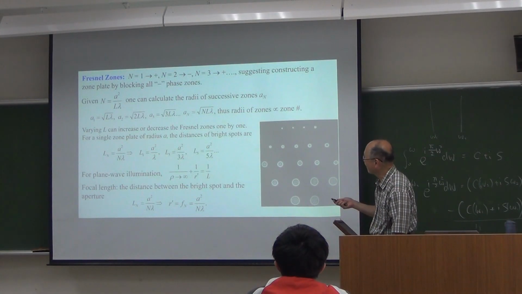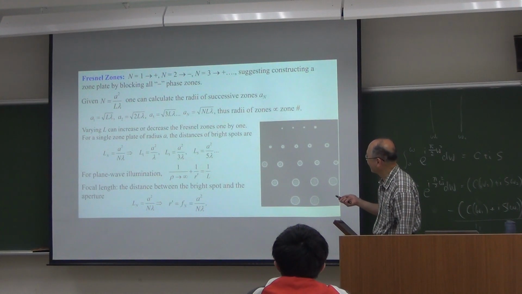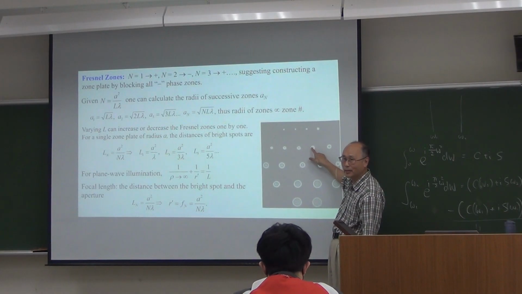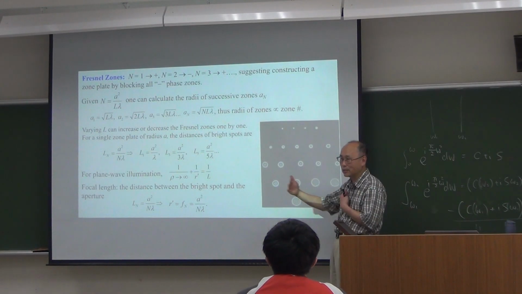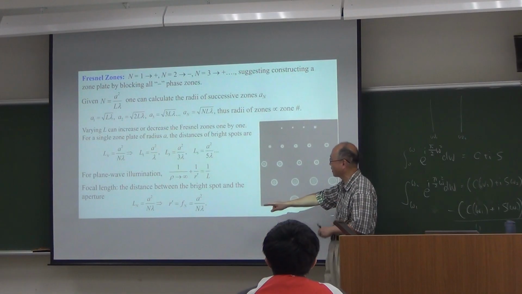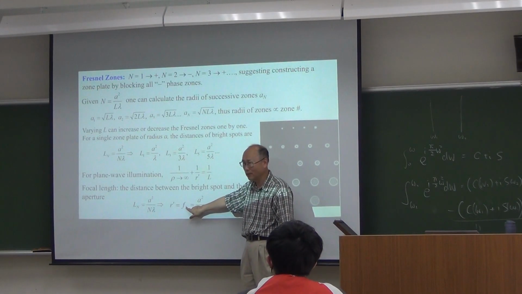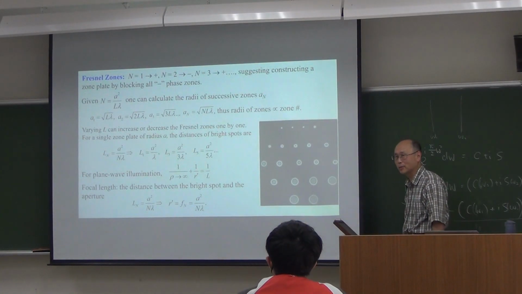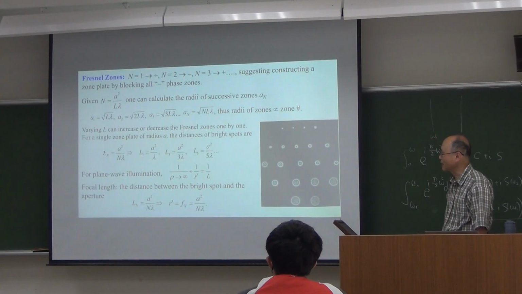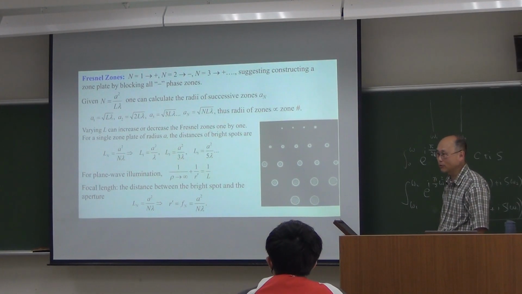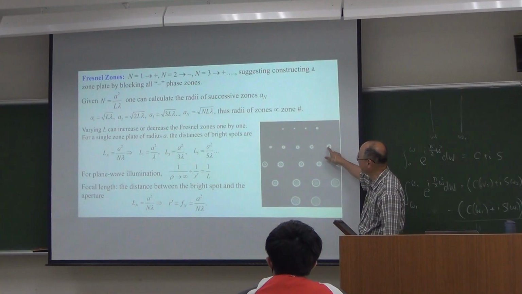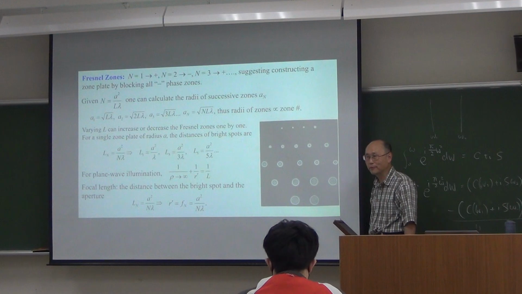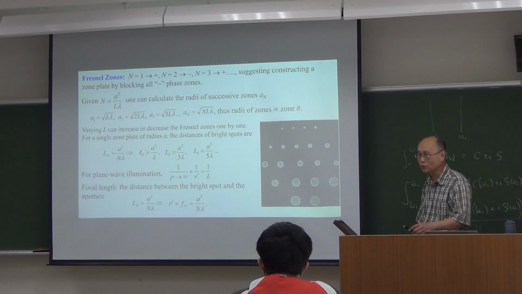Okay, and one definition for a lens is that if I have a bright spot at the center, then you say that hey, this distance is a focal length. So in fact, you can calculate a focal length corresponding to a bright spot at the center. So this is sort of based on some definition of a focal length. Whenever you see a bright spot at the center, the corresponding distance is called a focal length for a Fresnel lens. So this is the Fresnel zone